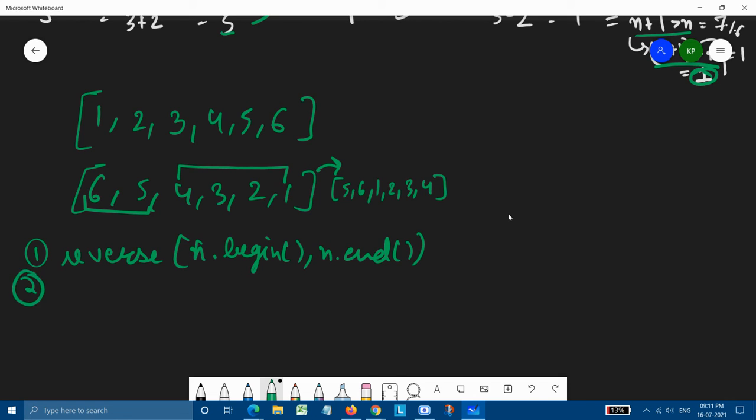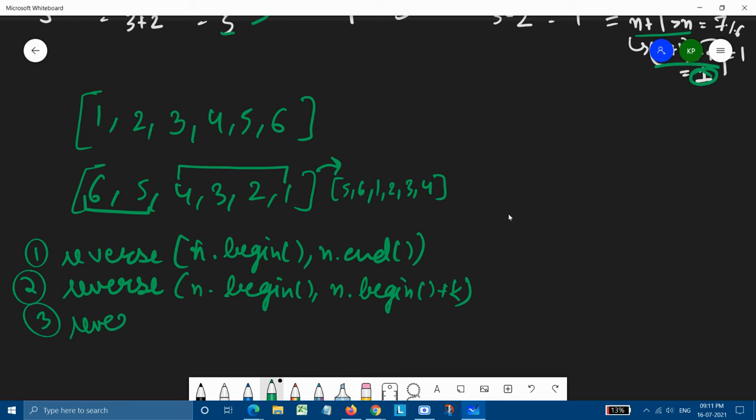Next, we reverse it again, this time till k, that is starting from n dot begin and going till n dot begin plus k. Now comes the third part, reversing the second half, starting from n dot begin plus k, comma n dot end.